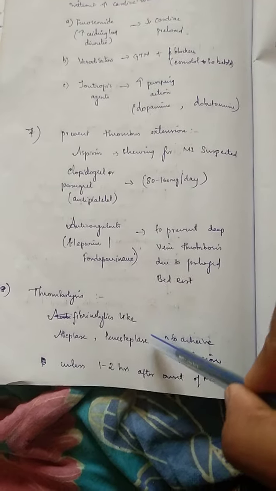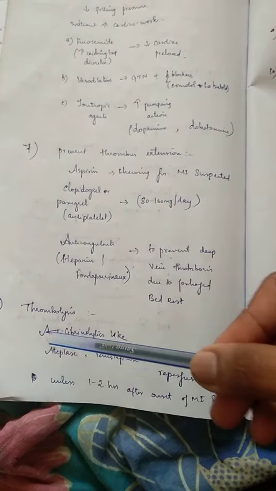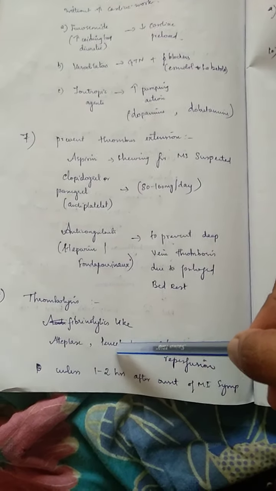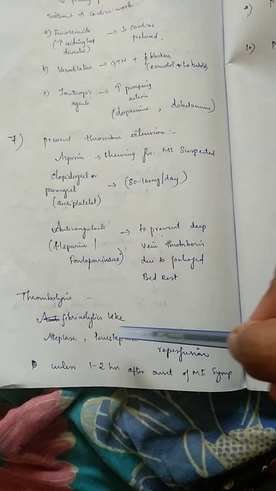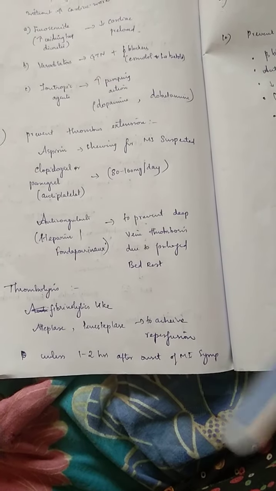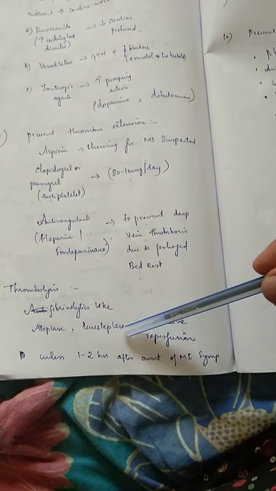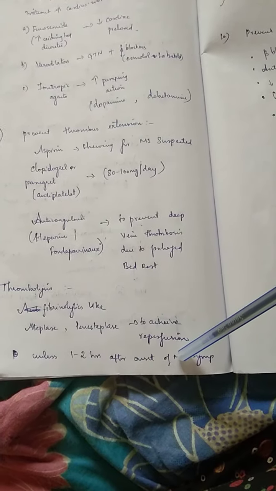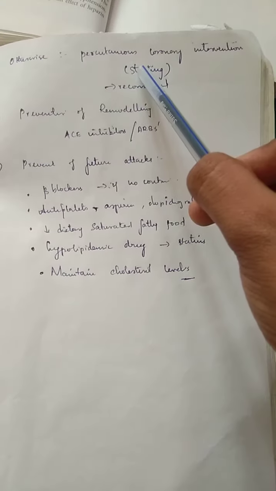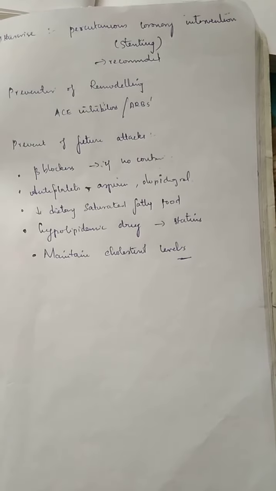Next, whatever thrombus has formed, we have to lyse it. The previous step was prevention, but here we have to lyse the thrombus which has formed earlier. So we'll give fibrinolytics like alteplase, tenecteplase. But these fibrinolytics we can't give for a patient who's coming with a severe MI. We can give them for an MI with sudden onset of symptoms within 1 to 2 hours. When you find the patient is having MI, you can give fibrinolytics, but nowadays the most recommended option is percutaneous coronary intervention, that is a stenting process, right? So we'll most of the time